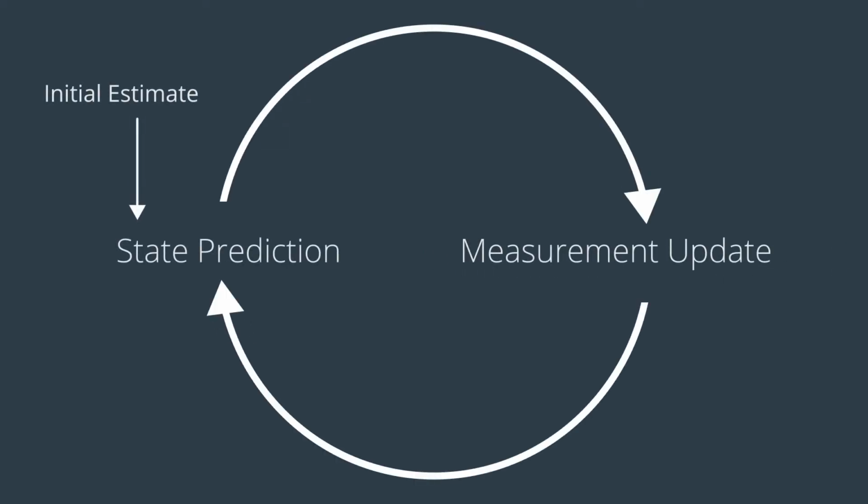If you recall the 2 steps involved in the Kalman filter algorithm, they are a measurement update and a state prediction. Let's look at the first one. You know that a robot can perceive its environment using sensors, which produces a measurement. This is denoted with the letter z, and z of t represents the measurement obtained at time t.